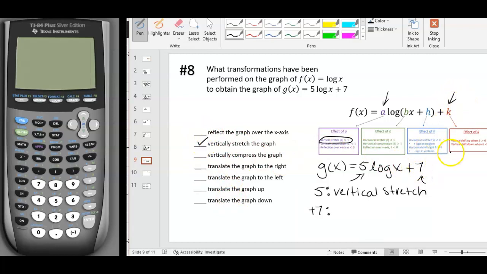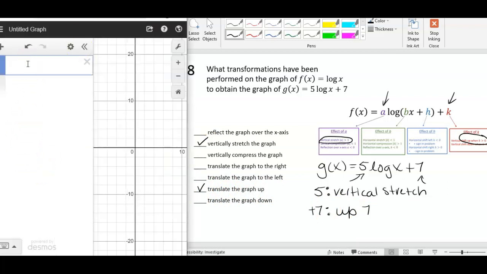The plus 7 is a value of k. It tells me that the graph goes up when k is bigger than 0. So that means it's going to go up 7 units. So this graph is also going to be translated up. Okay, so there are two transformations, and remember, if you always want to double check, you can always go to